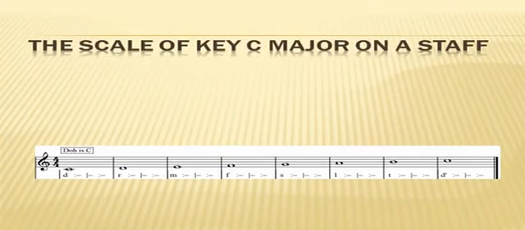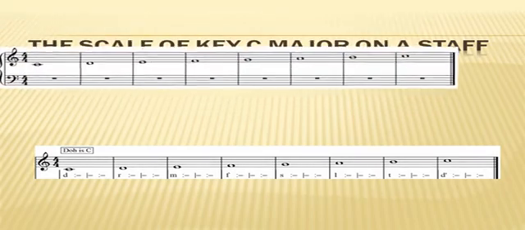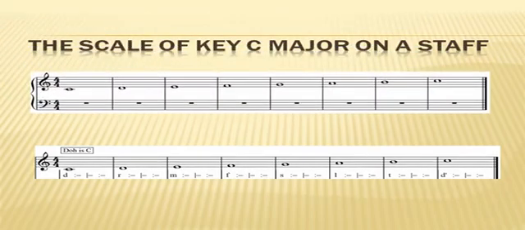And on the staff, this is how the scale of C major looks like. You see, this is middle C, then D, E. So let's start again. Middle C, D, E, F, G, A, B, and C. You can see it here. We can even sing it as solfa. It has a solfa equivalent of it, like